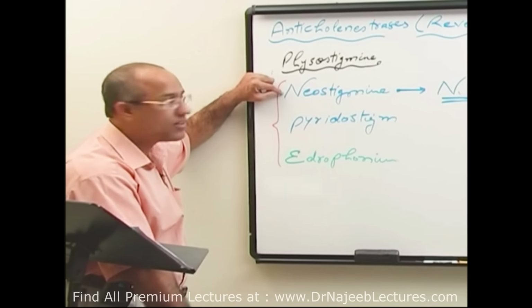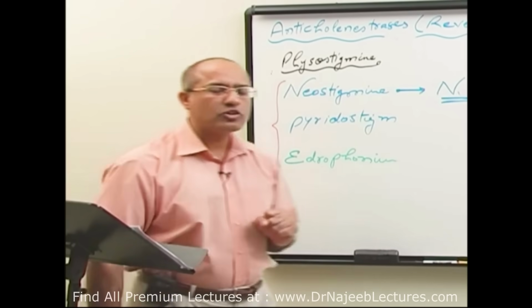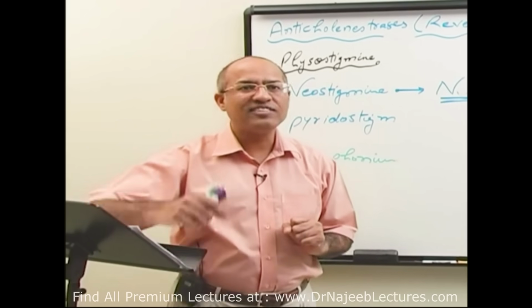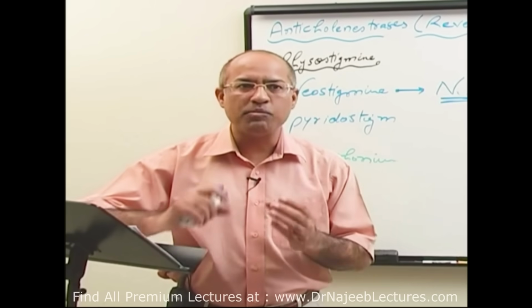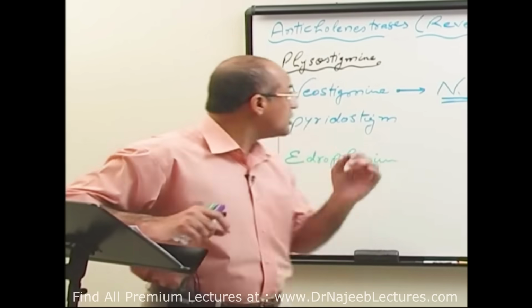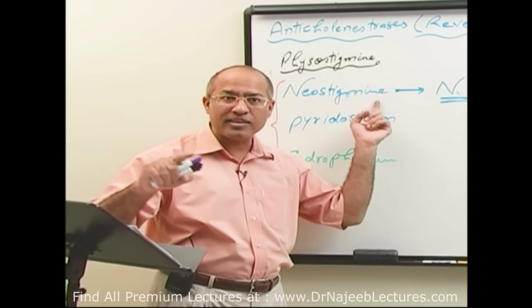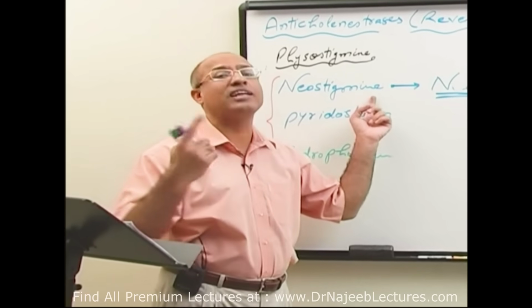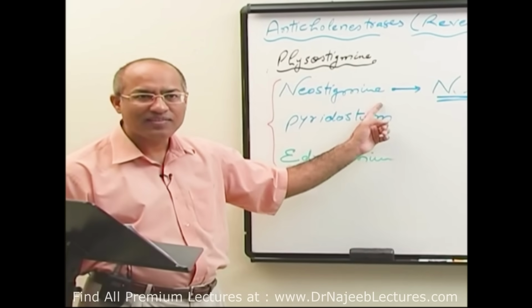No to CNS. Number one thing. Number two, because neostigmine is less lipid soluble, it dissolves less into fat, and most of our autonomic ganglia are embedded in fat. So neostigmine action on the autonomic ganglia and parasympathetic neuroeffector site is relatively less. It is not absent, but as compared to physostigmine, it is less.